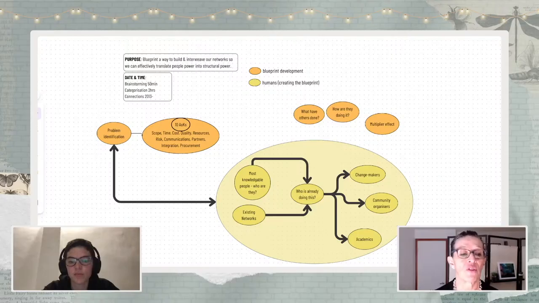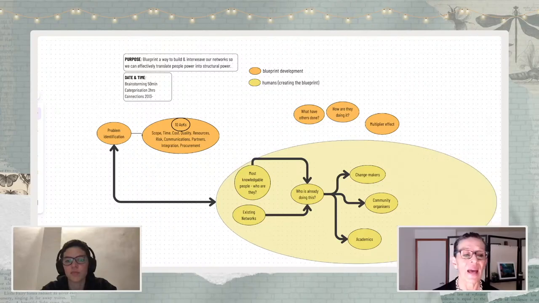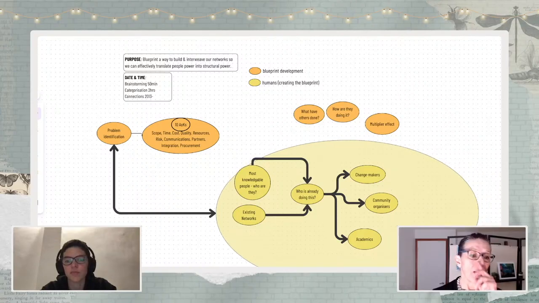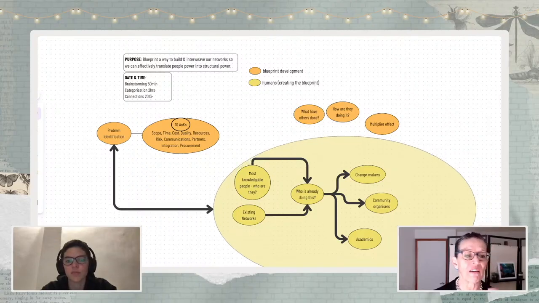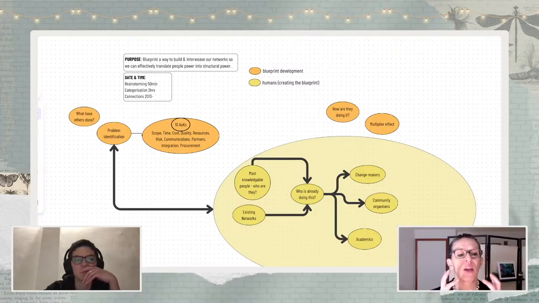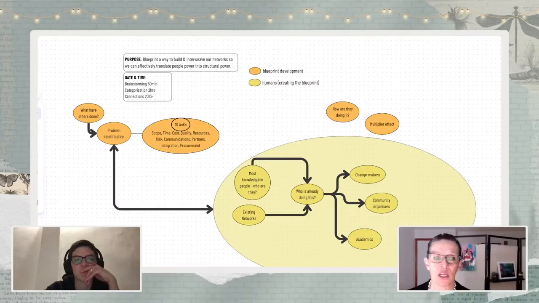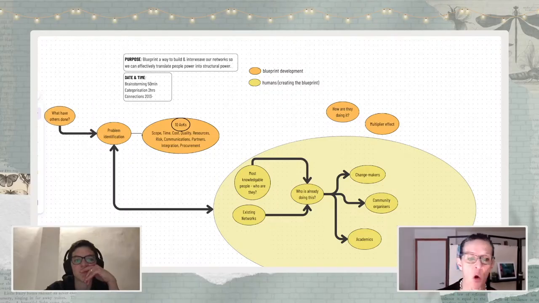In the what have others done, it could also be tied to the problem identification, because it could tweak it, and it will feed as well. Actually, I would put it as feeding the problem identification, because once we have a well-identified problem with all the information that we have gathered, then we start developing our project, right? We are going to scope it clearly. This portion that we are doing here is the heart of the scoping of a project.